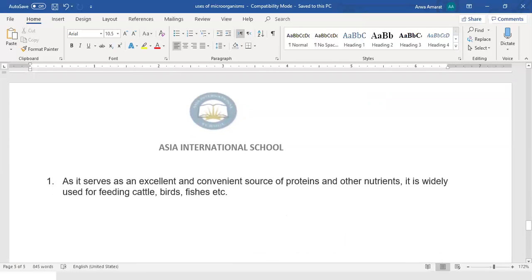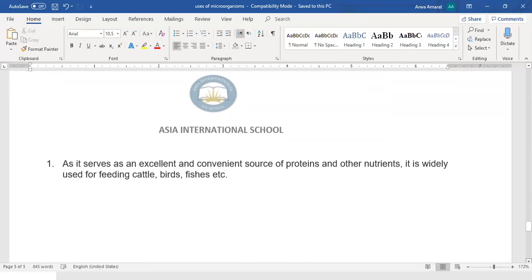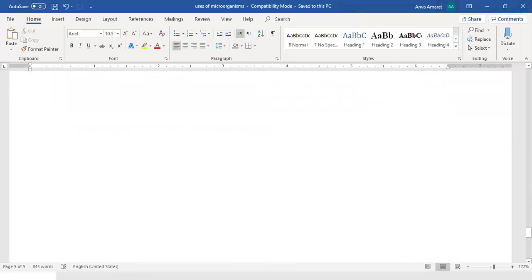It also serves as an excellent and convenient source of protein and other nutrients for persons who are vegetarians, and also for cattle and